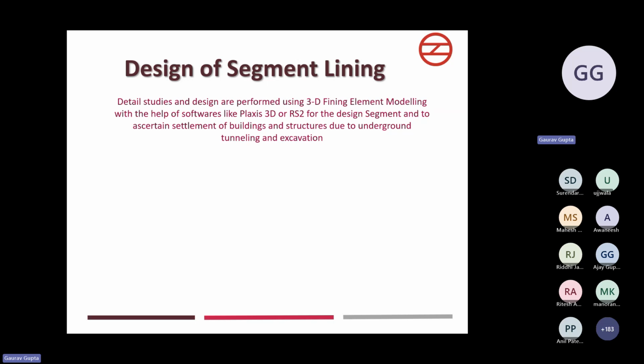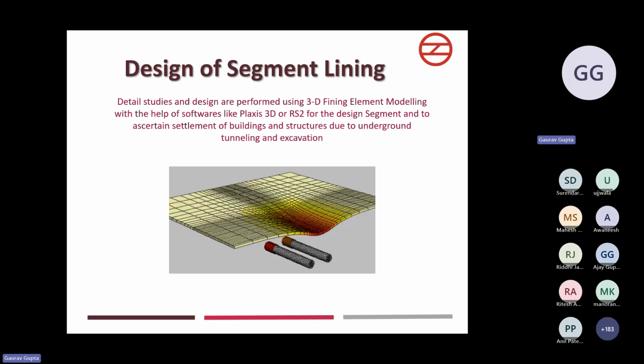So basically, like for the underground station, I have explained the software. The Plaxis or RS2 software is similar, which enables soil structure interaction. And similarly as defined earlier, we have to move in similar stages. Firstly, we have to define our soil property. Then after defining the soil property,